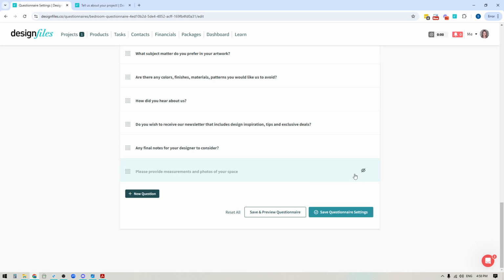Now, the reason it's hidden is because designers work in different ways. So if you're a full service designer and you plan on going to your client's home to collect measurements and to take pictures, then leave this hidden since you're going to be taking care of that task anyway. But if you're an e-designer, this is a case where you just can't get out to your client space and